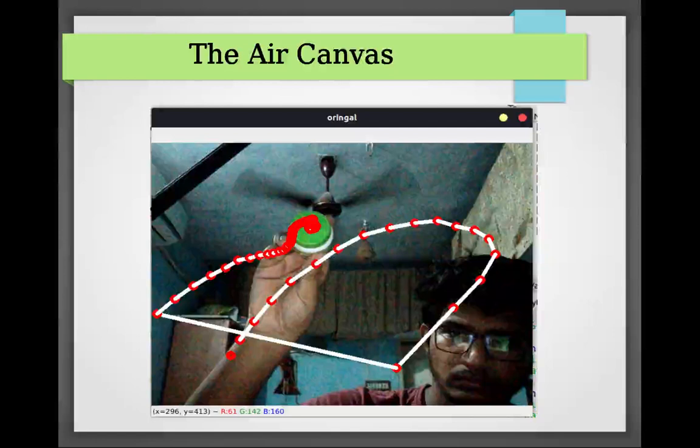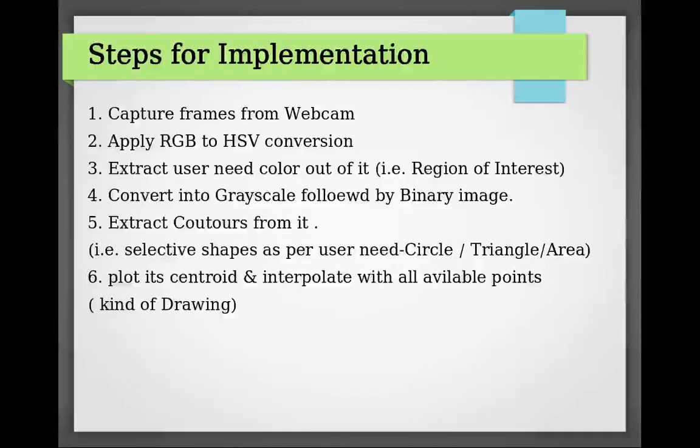So this is the actual output of the air canvas. Here I am holding the marker, which in general we call a marker, but in my case I used an Iodex bottle for a marker, just showing the generic nature of this program. And I am writing in the air, and on the computer screen it is plotting those lines.